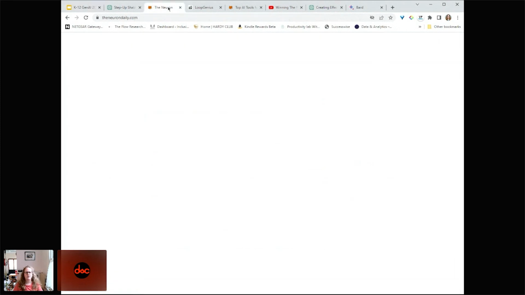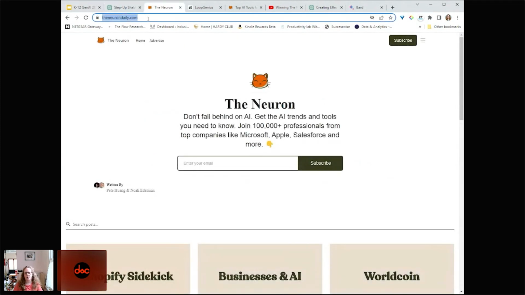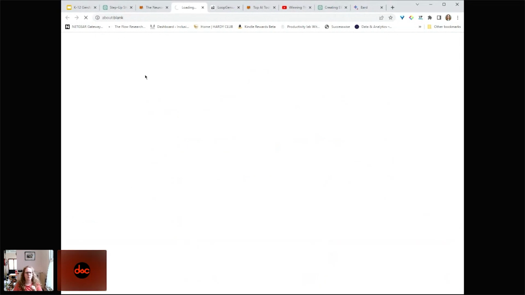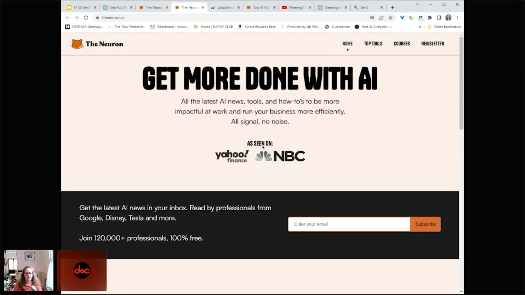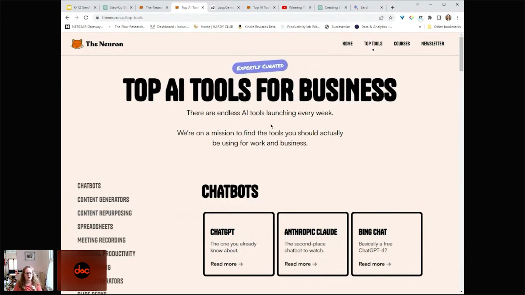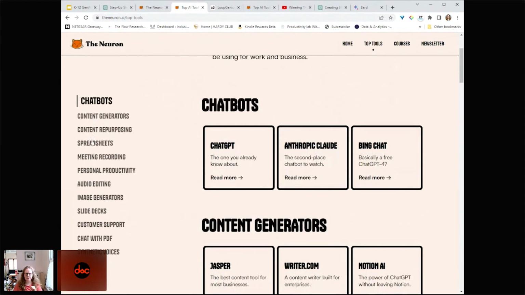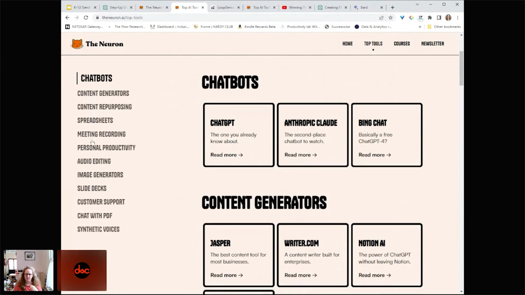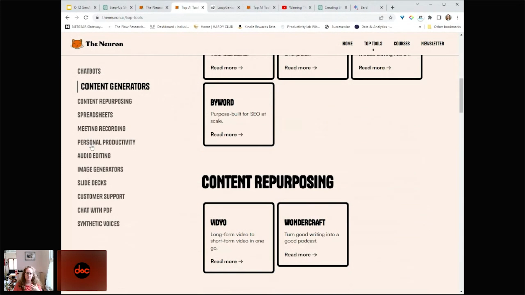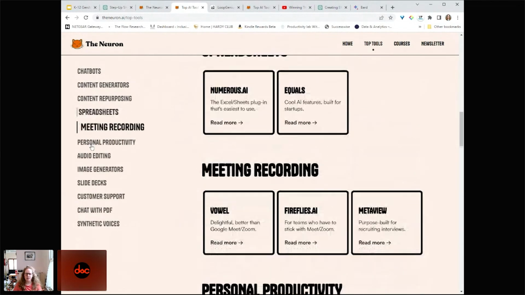So there's an organization here called Neuron, and I get their newsletter. And what the Neuron does is that every day it sends out kind of what's going on in AI, what's interesting, what are some of the cool apps. And so I'll come here to the home page and pick up top tools. So when I said that ChatGPT is now buried inside of other things, these are all tools that call ChatGPT.